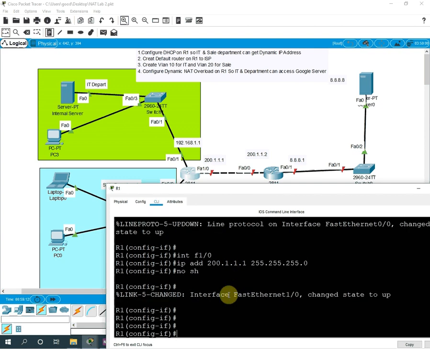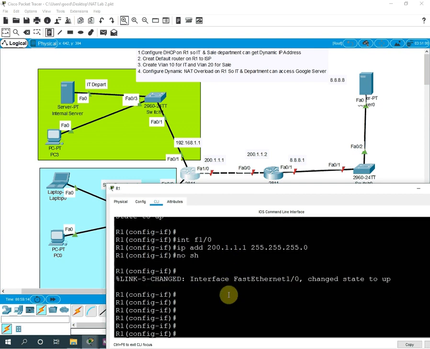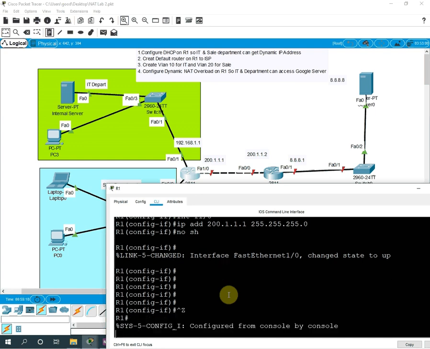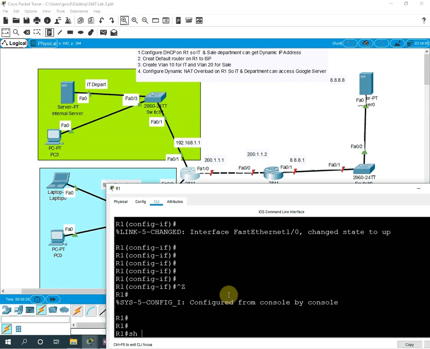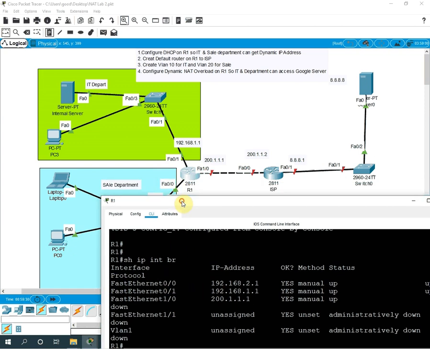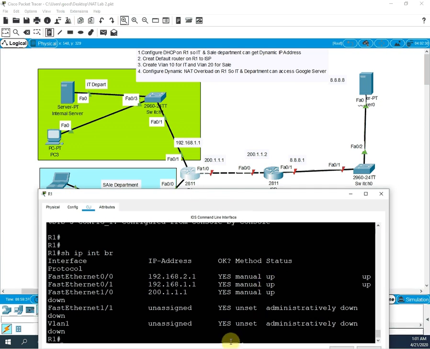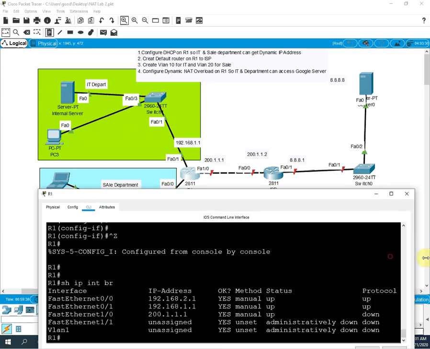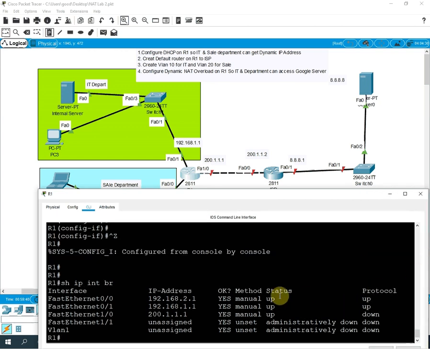So now our router interfaces have all the IP addresses. Now we just need to verify. So I will write show IP interface brief to check all interfaces, if whatever we assigned is okay or not. If you see FastEthernet 0/0, we assigned the IP address 192.168.2.1, and if we check, this status is up and protocol is also up, so no issue.